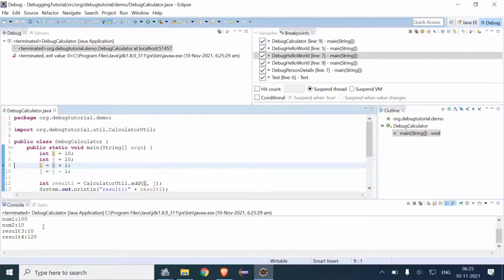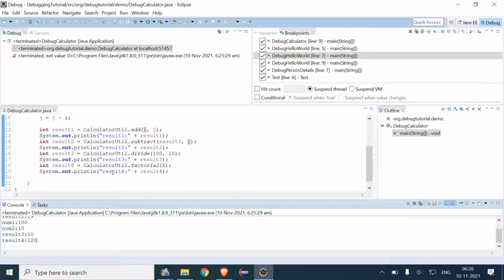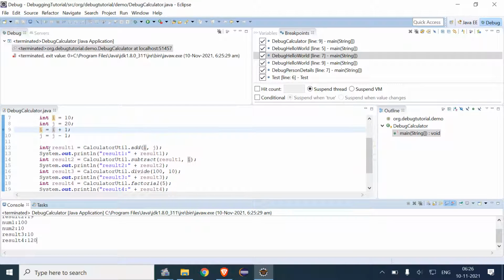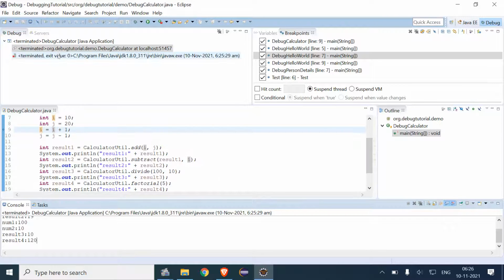So it is showing, after crossing the breakpoint, the results, result 3 and result 4. It is showing them after crossing the breakpoint, and the program is successfully terminated at this point.